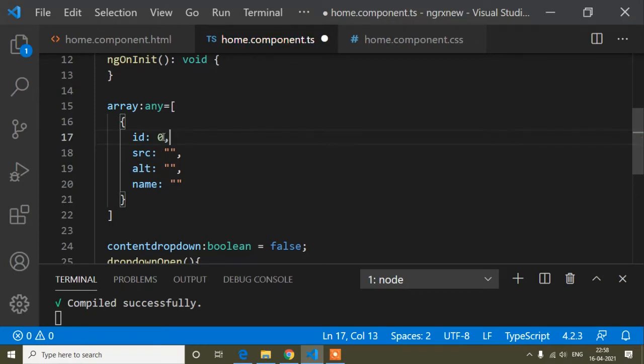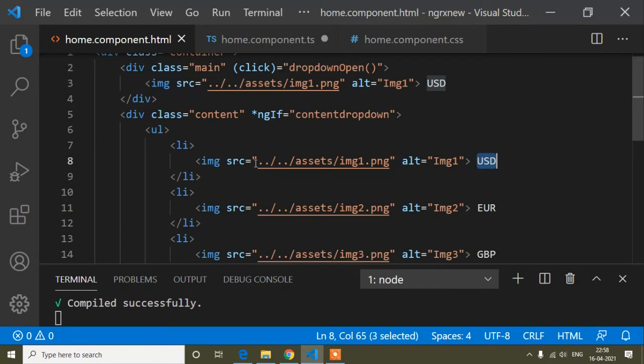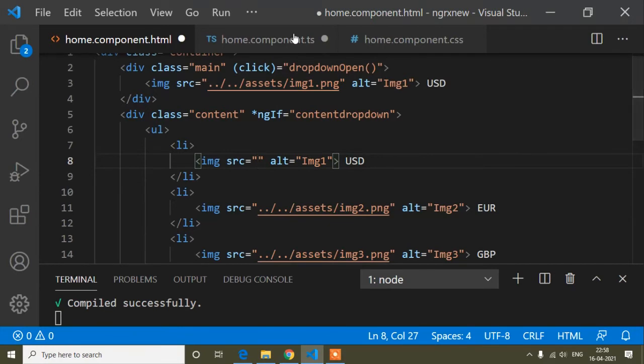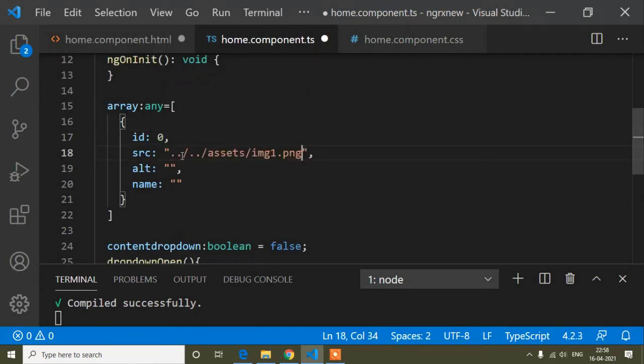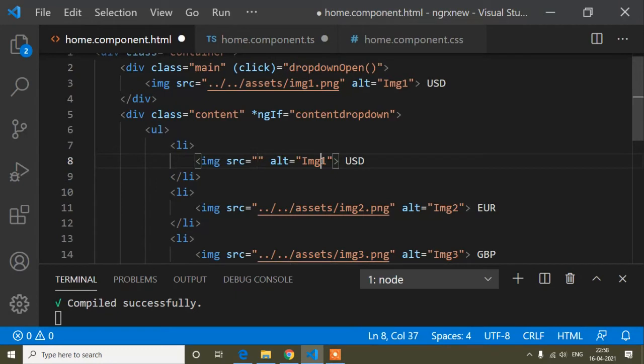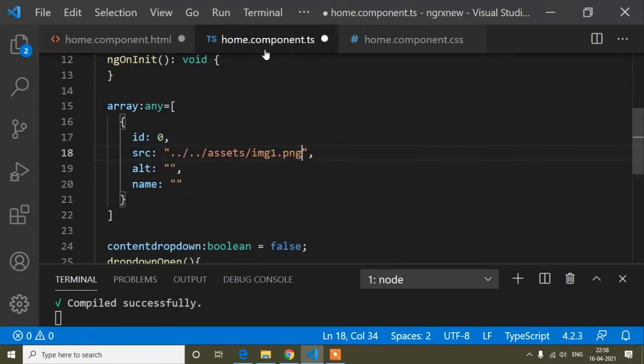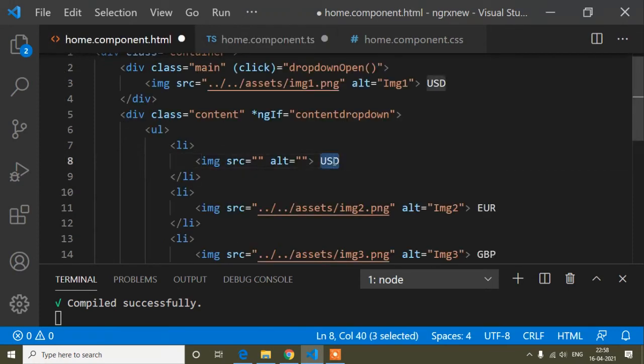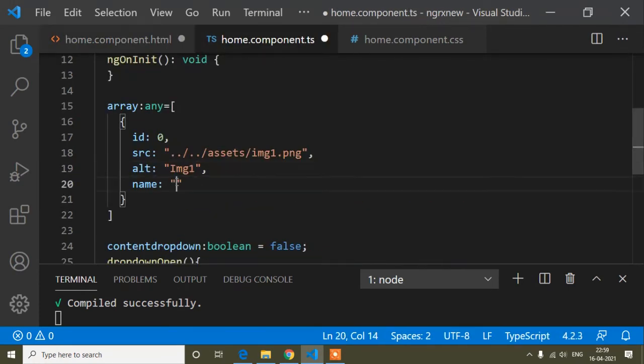So why have I written ID 0? You can see it next, so don't skip this. I will explain next why I have written ID 0. I could start from 1 also, but I have written 0. I will show you that next. Now guys, first of all, this image I will not write static here. So I will write here inside this source and alter tag. Here is the alter tag, this one. I will cut from here and paste here, and another thing, that is name. I will cut name from here and paste it here.